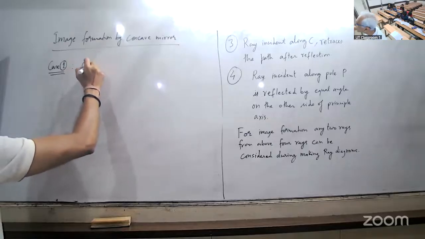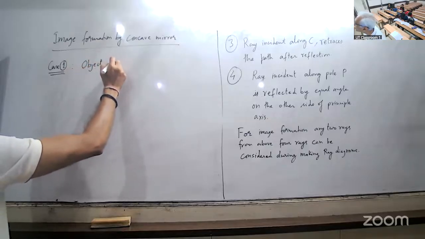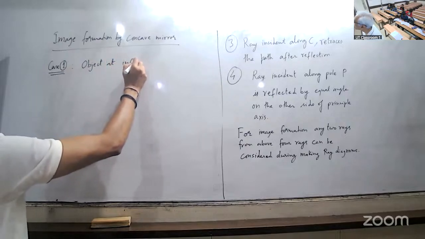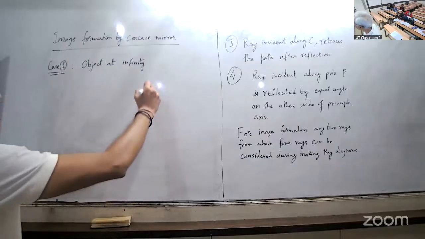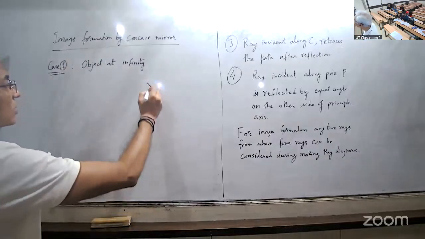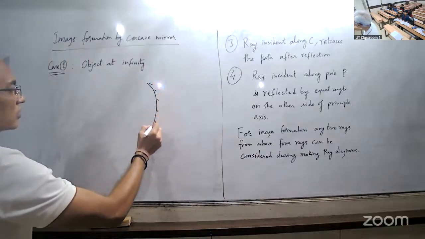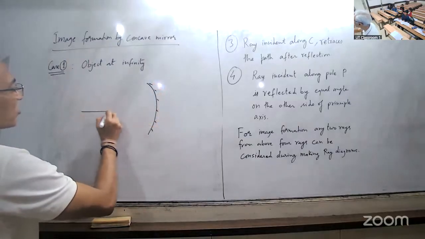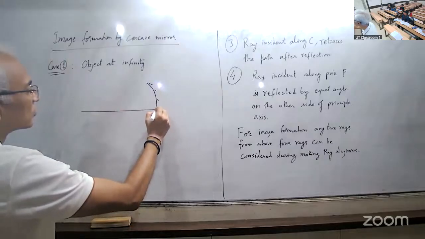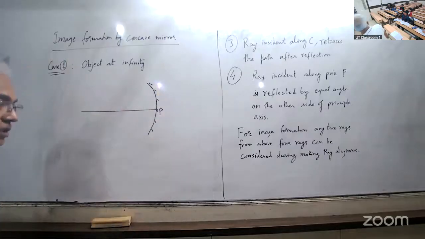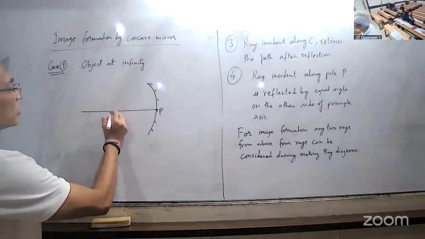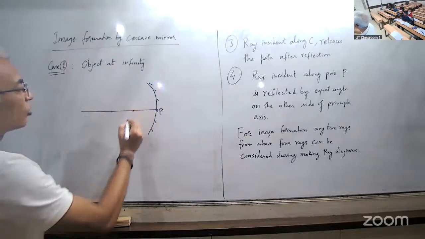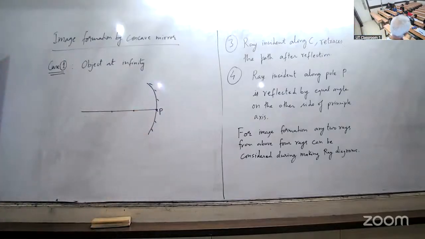Object at infinity. ठीक है, मतलब अगर हमारा मिरर ऐसा है, सबसे पहला स्टेप हमको क्या करना है, होल और मिरर बना दिया। फिर क्या करना है, सी और एफ मार्क करना है। 2 पॉइंट मार्क करो, अभी लिखो मत कुछ भी, ठीक है।